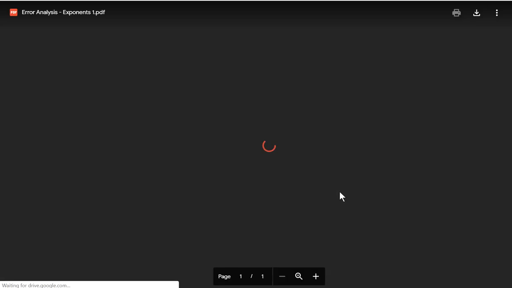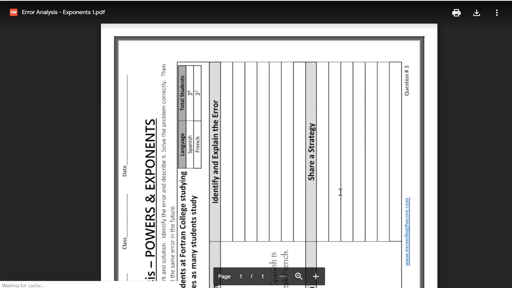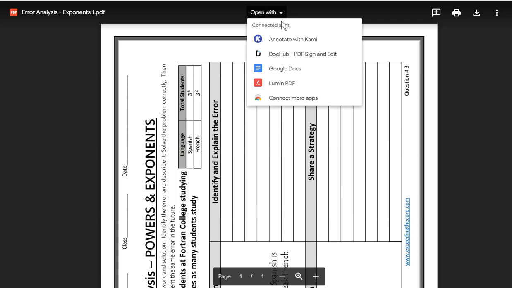you're going to open that document, and you'll notice that it'll bring up a PDF of the document, and the way that it uploaded, it's not the correct orientation. That doesn't matter yet. So to open this with a PDF writer, you're going to go up to the top, scroll your cursor along the top portion, you'll see an open with, and if you click on that, you may